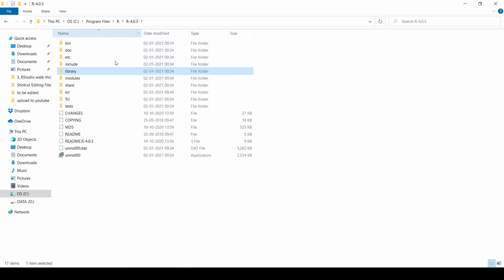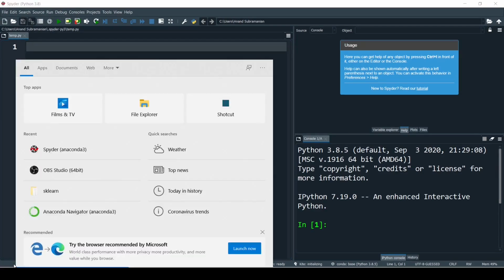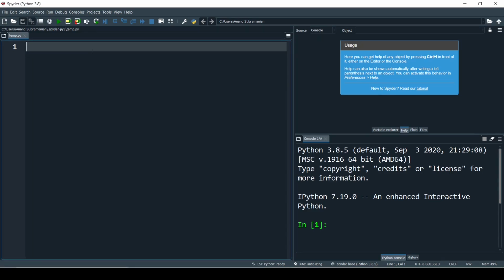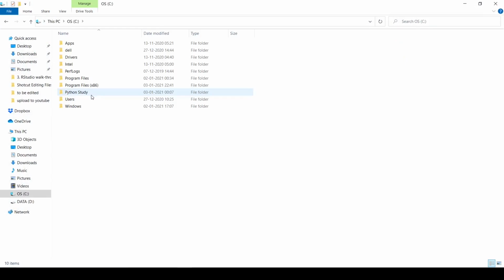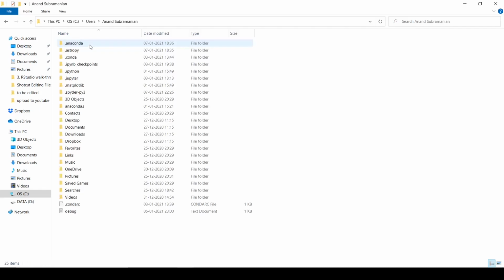Let's move over to Python. Now, for a change, let me open my Spyder IDE. If you're not sure how, just go to Windows, type Spyder, and select Spyder. Okay, now in Python, let's understand where these libraries are stored. Let's go to Windows Explorer, go to the C drive, then Users, and the name of your folder, the username. Go to Anaconda3, the latest Anaconda3.